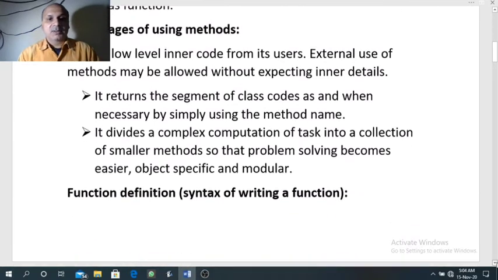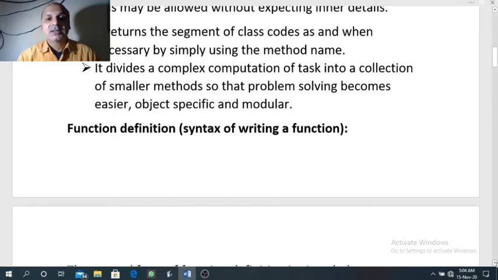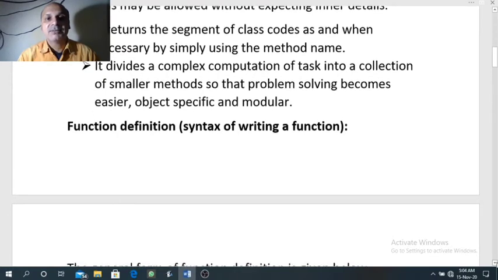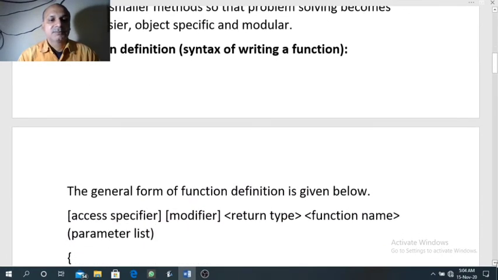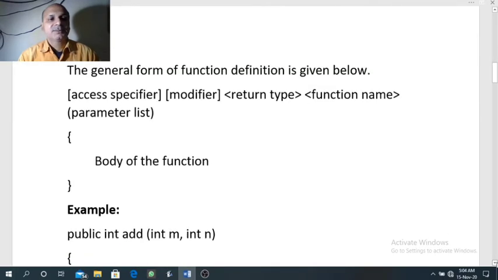Now we will study what is the correct syntax to write a function, that is function definition. The general form of function definition is: first we start with access specifier, then modifier, then return type, then the name of the function, and in a pair of curly braces we can write the body of the function.